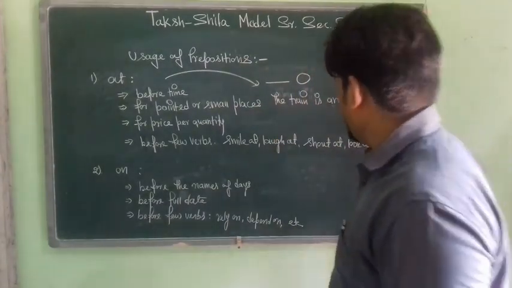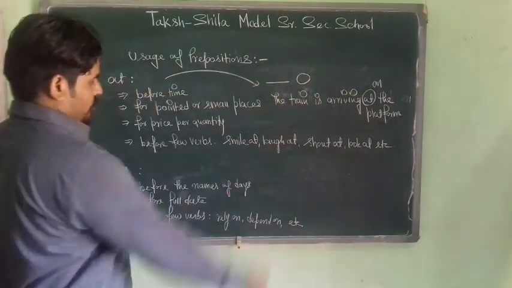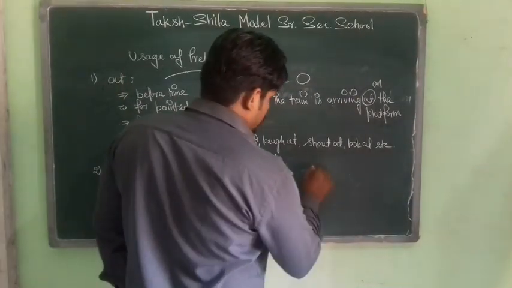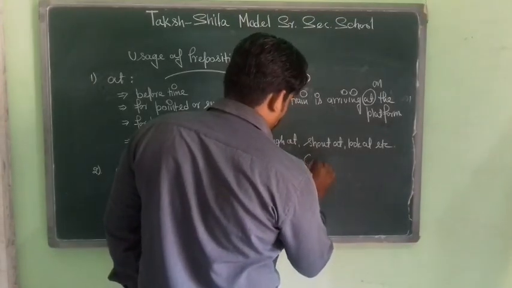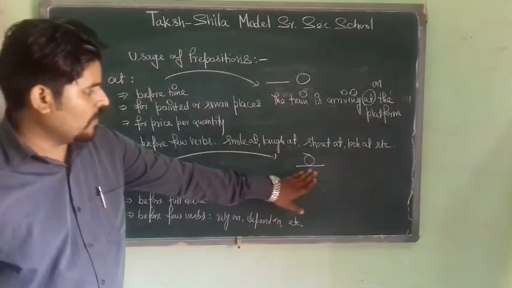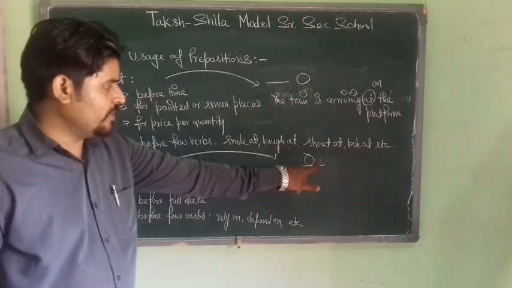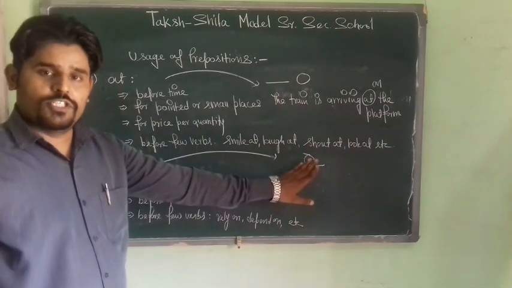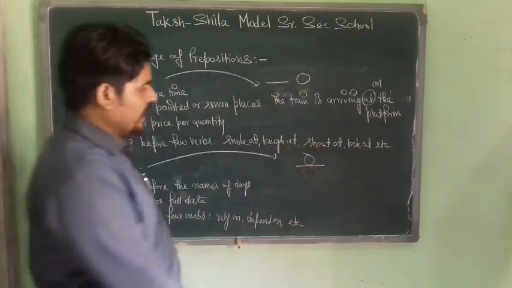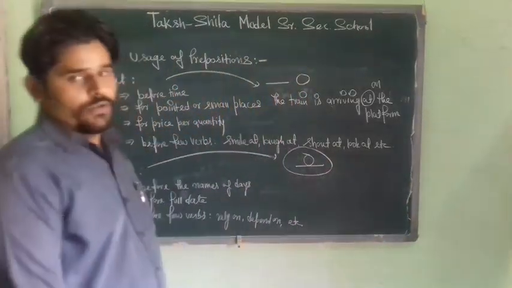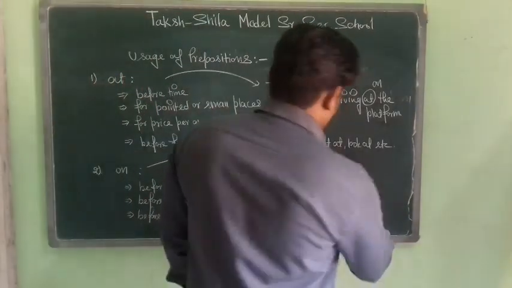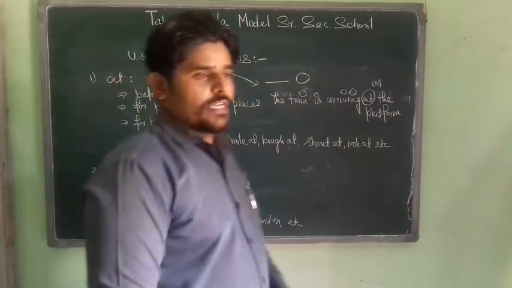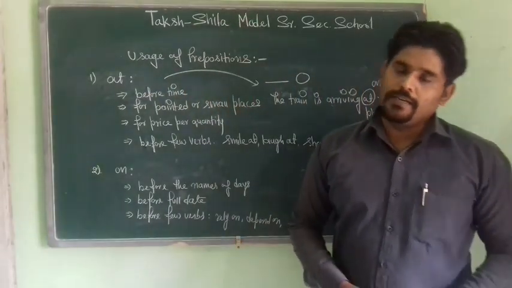So now let us first of all take such a use of on. Here on is used when there are 2 objects and one object is on the other. Make sure the object which is on the top touches the object which is placed below, right? So in this scenario we use what? On. For example, the book is on the table. When we say the book is on the table, this is the table and this is the book, and the book touches the table, right? So on is used before the names of days, like on Sunday, on Monday, on Tuesday,